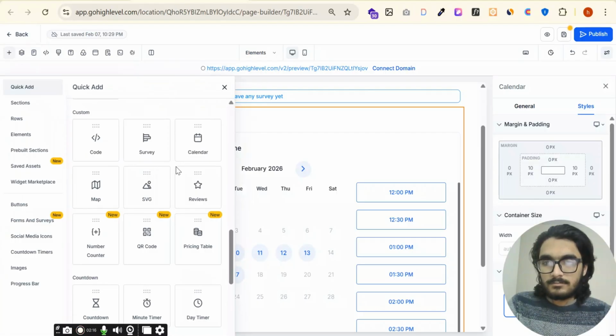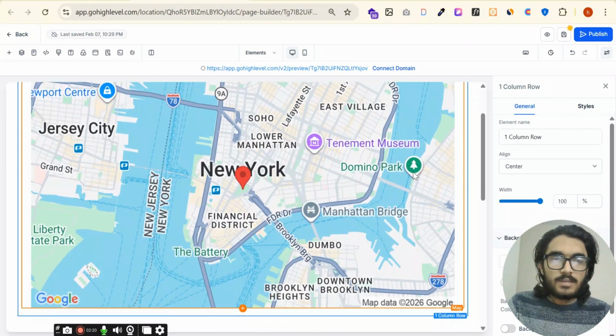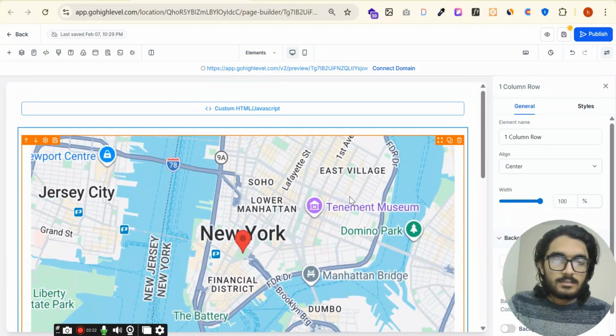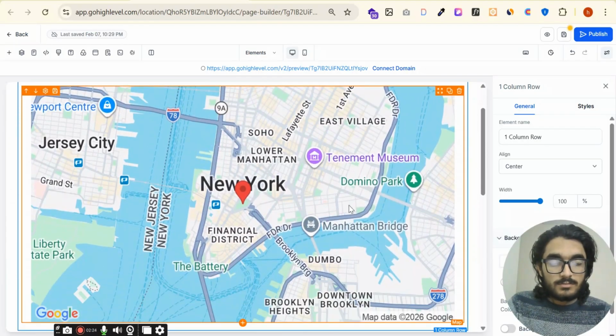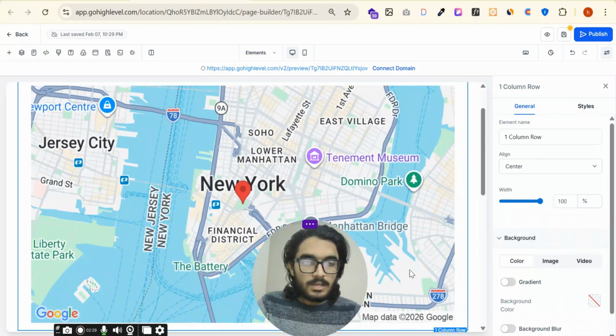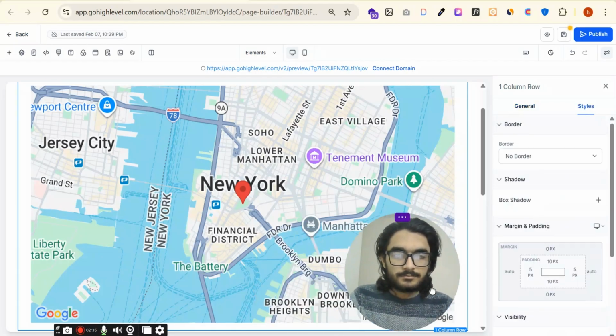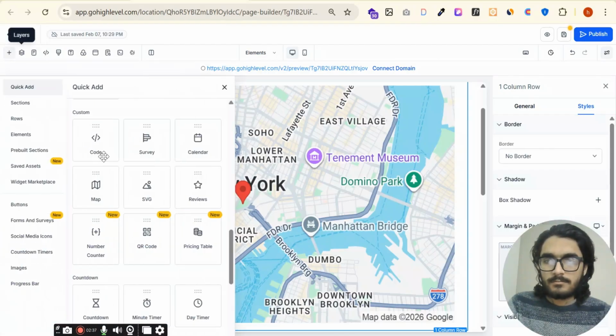So the next is map. You can add the map here, like if you want to add the physical location of your business, of your shop, you can use this map element. And there are a few settings of the map, and these are the style elements. Next is